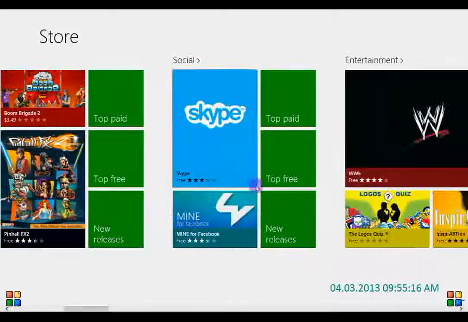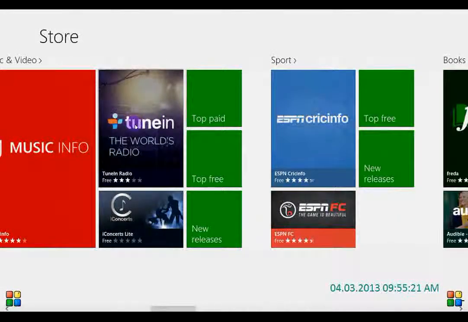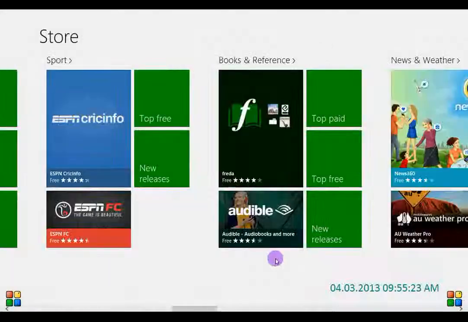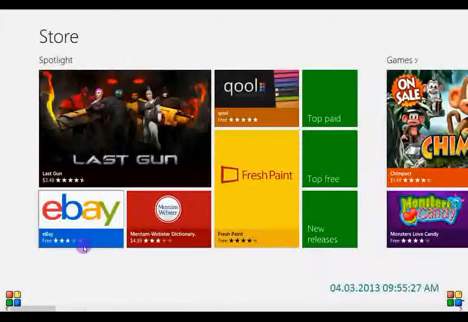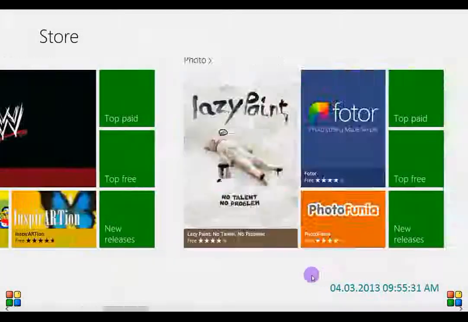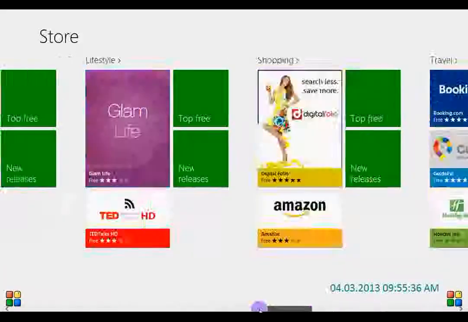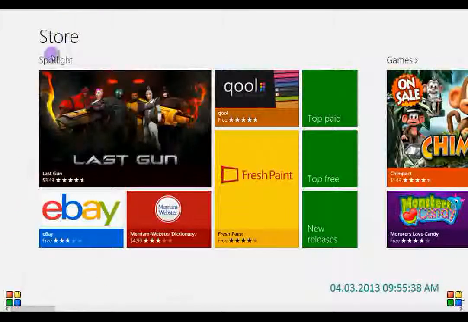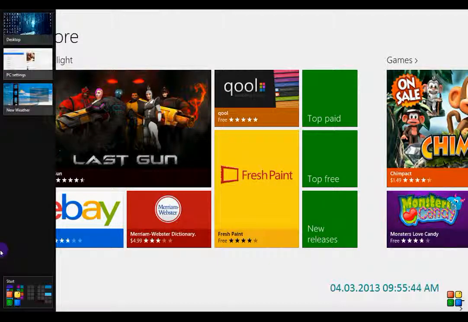But I do know things like the socials, entertainment, things like music, if you can download radio apps, you will have to be on the internet for them to connect and work. So that's just an overview of the actual app store. It's basically a bit like iTunes with no search function. It's got a lot of bright colours and everything. And to get back, you can actually left click on here, bring your mouse back down,